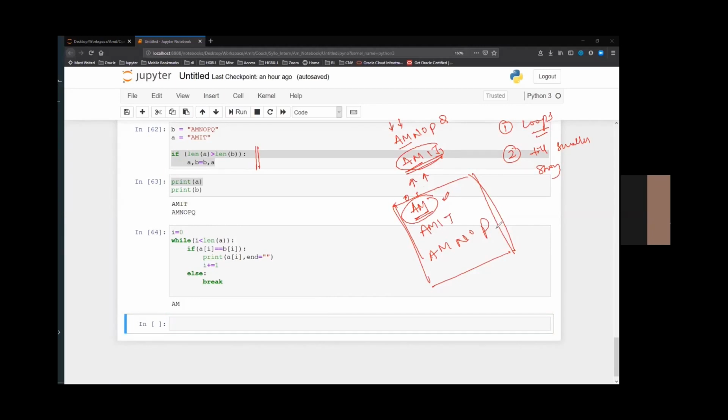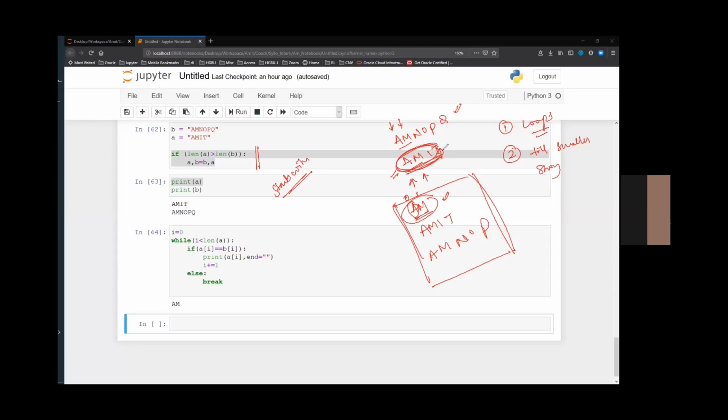Another approach could be to take the minimum string, the entire string, because all this while I have been starting from the start and comparing element by element. The other approach could be: take this minimum string, the whole string, consider that it is the common prefix, and then compare. You can use this function startswith. There is this function startswith for strings, and you can use the minimum string for all the other strings which are there.